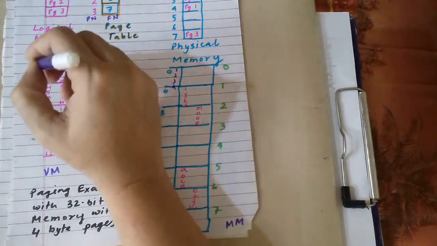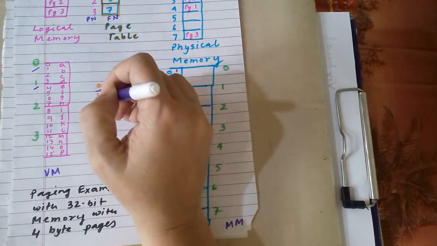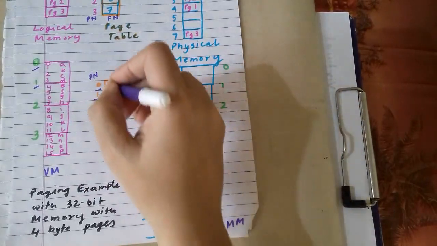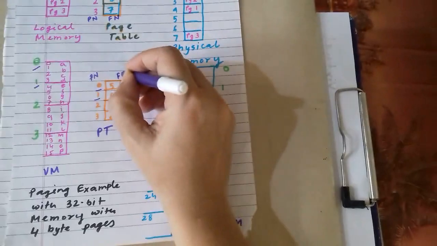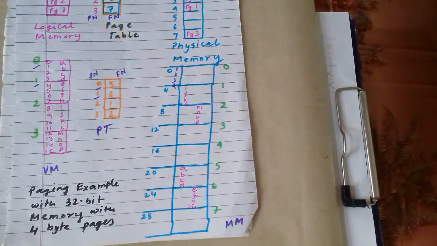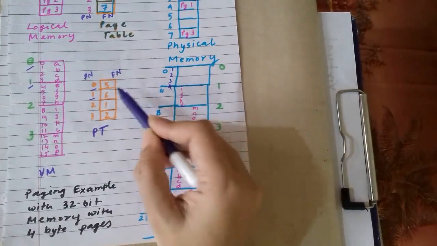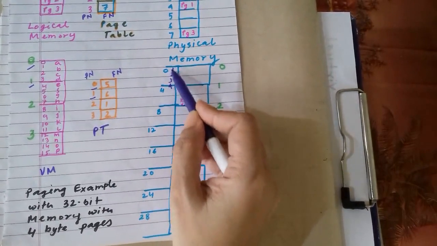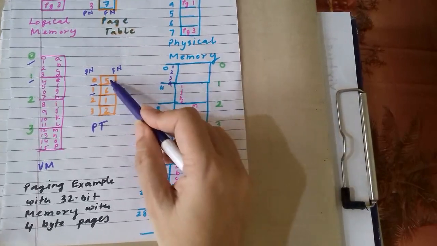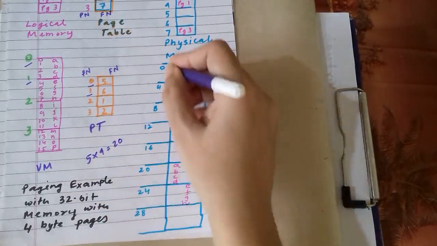According to the previous explanation, you can see here this 0 and this 0 are the same, and this 1 and this 1 are the same. So this is the page number, and this 5 is the frame number. So how do we find out which page is where according to this page table? Each page consists of 4 bytes, so each frame consists of 4 bytes. Frame number 5 means which location? 5 frames equals 5 into 4 bytes, that is, 20 bytes we have to move.